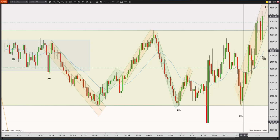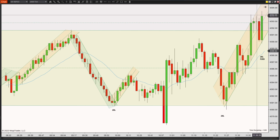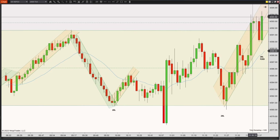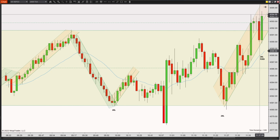So it technically is following all the rules. But the factor that's kind of throwing things off is Fed Chair Powell is giving color, and you don't really know how the market's going to react. I also don't like that when you see this candle form, you're going to be buying at the highs of a potential failed breakout. So you have conflicting ideas that the second entry long isn't looking like a very nice